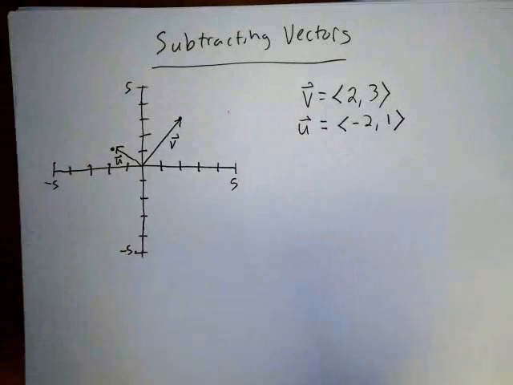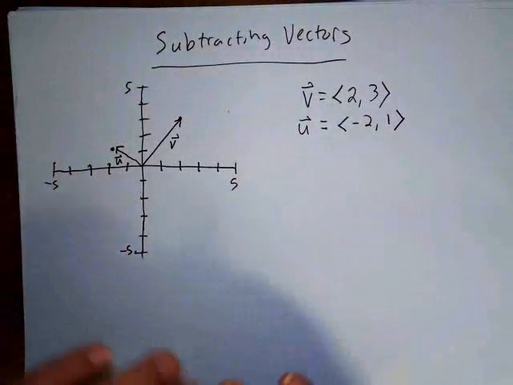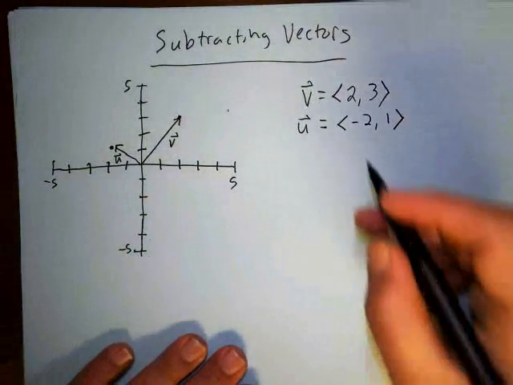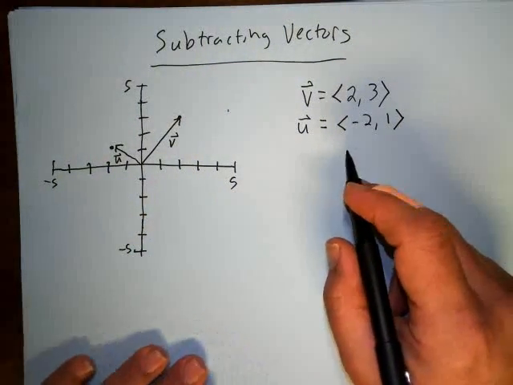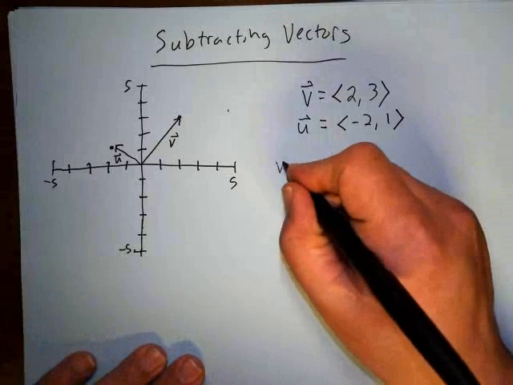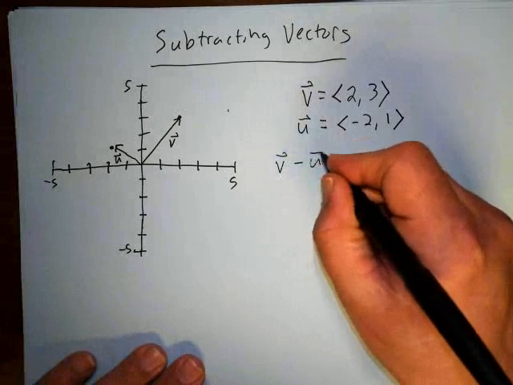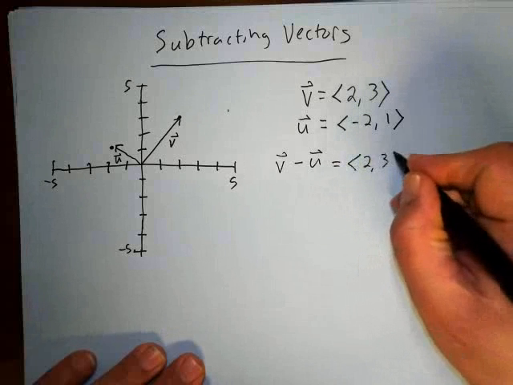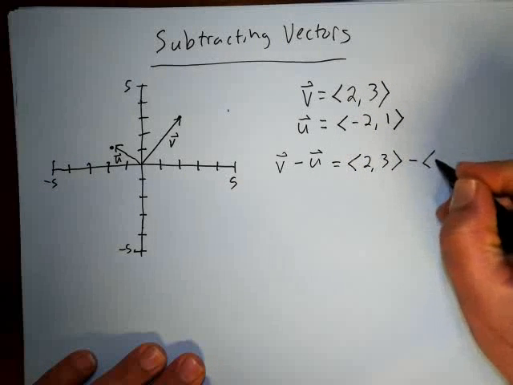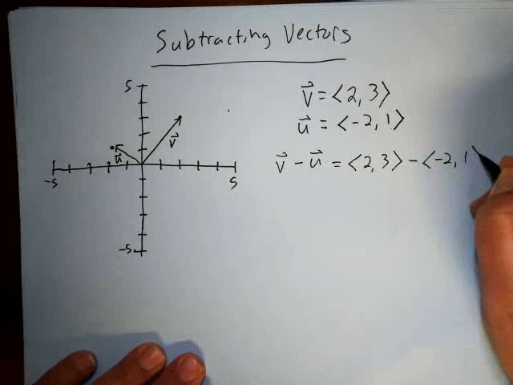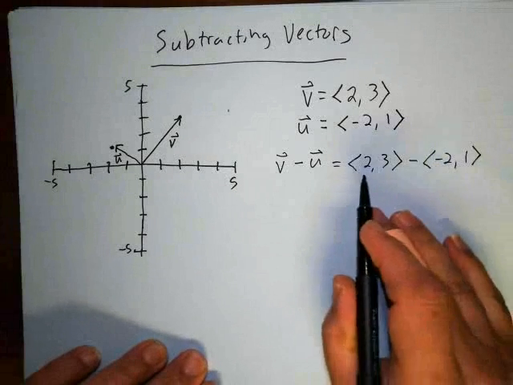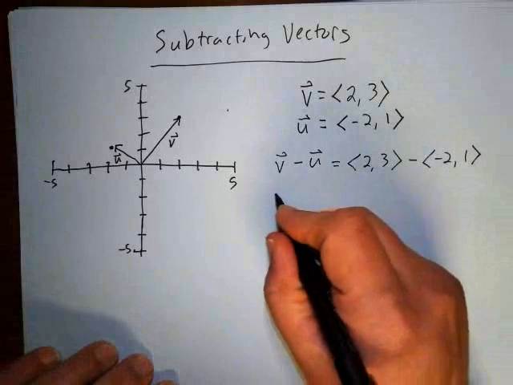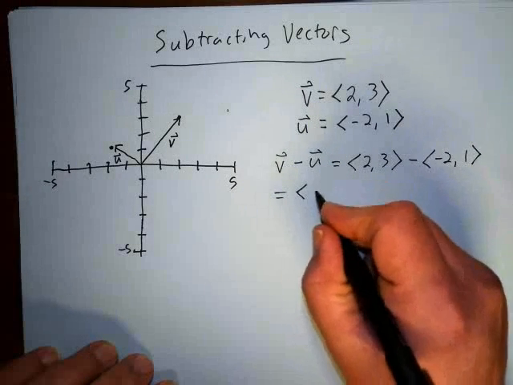Okay, I want to talk about subtracting vectors and how that would look in the diagram here. So I've got vectors v and u, and what I'm going to do is take v and subtract u. That would be like taking (2, 3) and subtracting (-2, 1). You can basically subtract the components just like you add the components, but what's really going on here